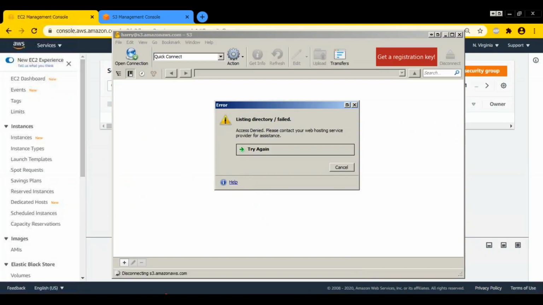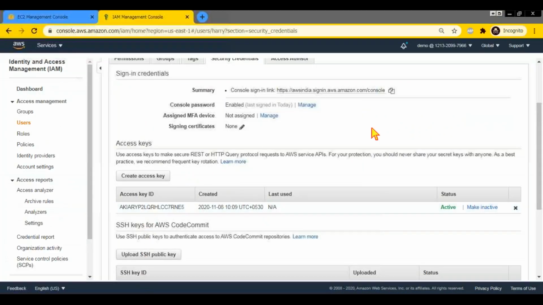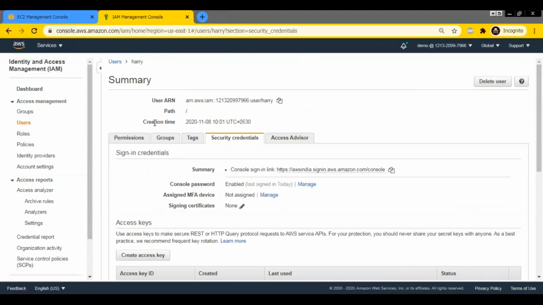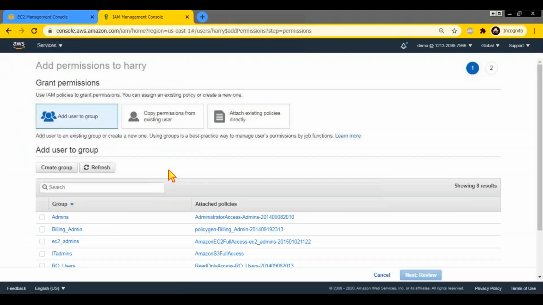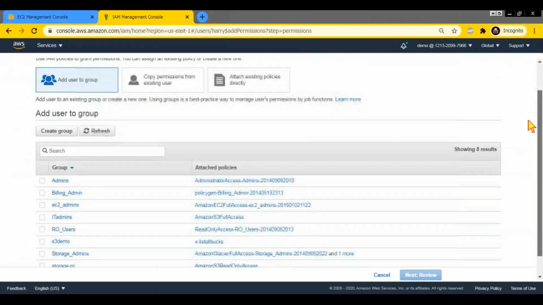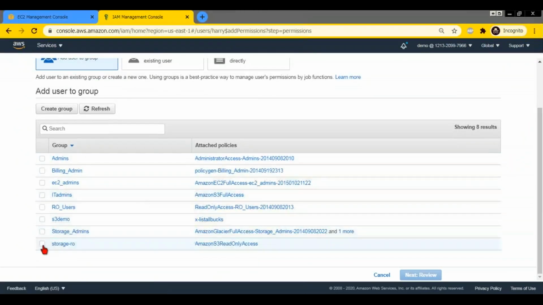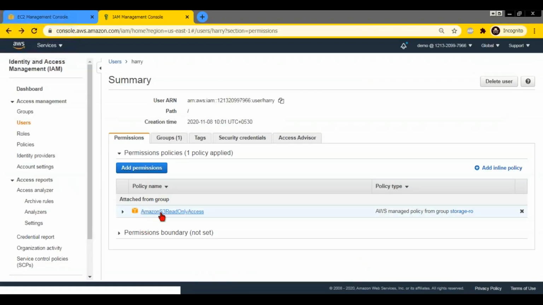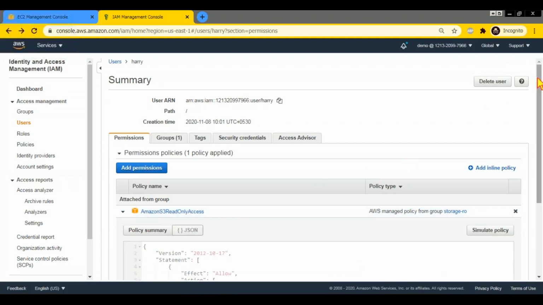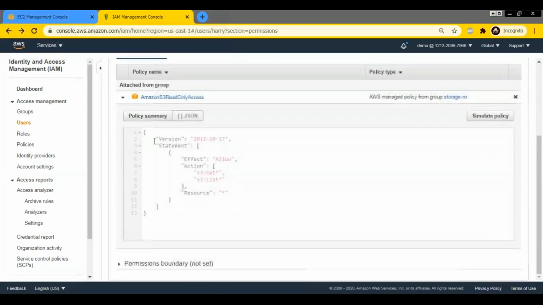right? So now, for example, if I go and give this user some permission, right? So say I'm going to permissions, we will see how to create the policy and all those things. So I'm going to say add permission, and I'm going to see whether I have S3 read only. Yeah. So here I have a policy that says S3 read only access. So I'm going to give this user S3 read only access. So the policy is defined something like this, so he is allowed these actions. Now we will see whether it is going to work or not.